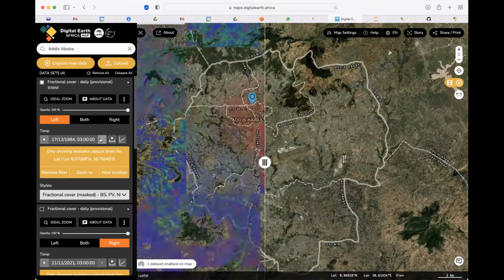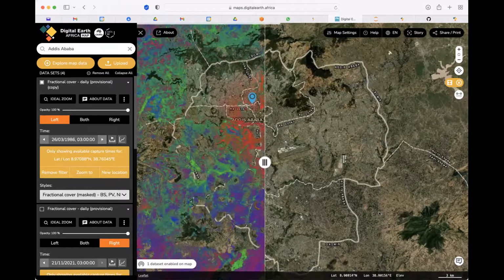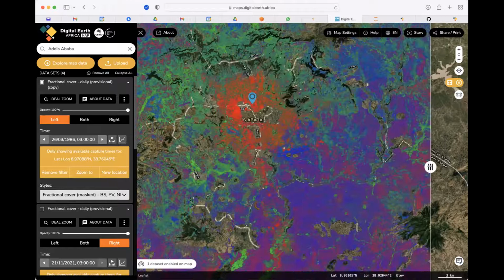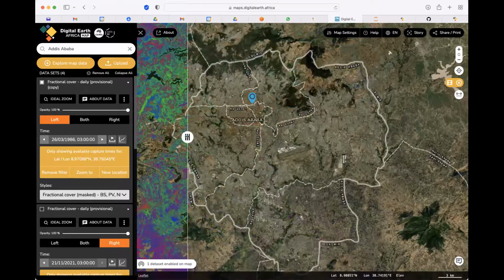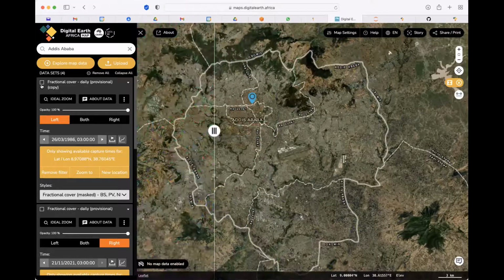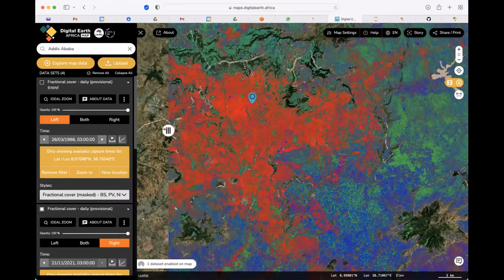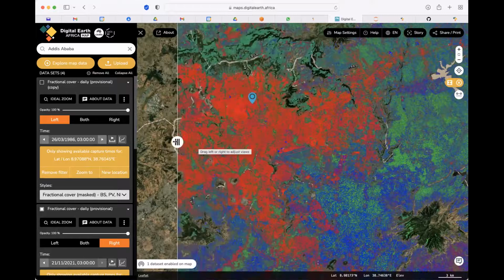So you might not get full products in the 80s, maybe because of the imagery which was collected, but it's somehow fairly useful. So different zones were different, and now the zones look more dense towards 2021, which is a testimony. Maybe David might try to add some information about Addis.